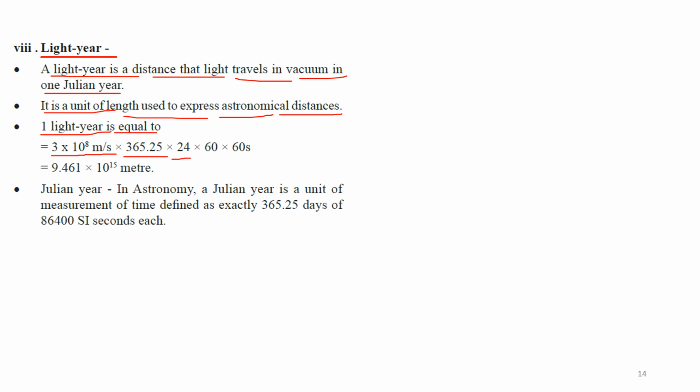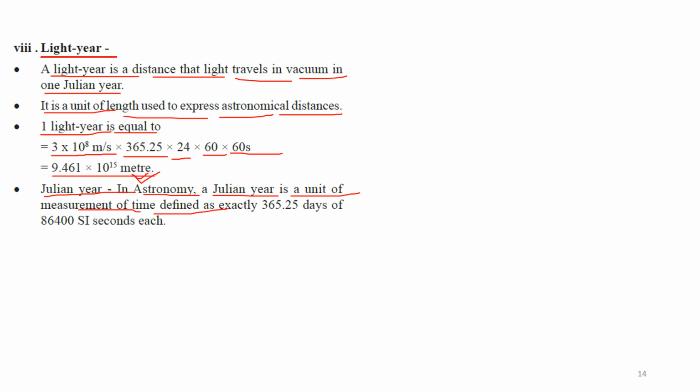365 दिन 24 घंटे 60 मिनट 60 सेकेंड। ओके, अब इससे आप पूरे से मल्टीप्लाई करोगे तो जो टाइम आएगा, जो डिस्टेंस आएगा, दैट इज कॉल्ड लाइट ईयर। सो इट इज़ नथिंग बट 9.461 × 10¹⁵ मीटर, दिस इज नथिंग बट द लाइट ईयर। इतना डिस्टेंस जो हमारा लाइट है वो एक साल में ट्रेवल करता है। जूलियन ईयर एंड एस्ट्रोनॉमी, जूलियन ईयर इज द यूनिट ऑफ मेजरमेंट ऑफ टाइम